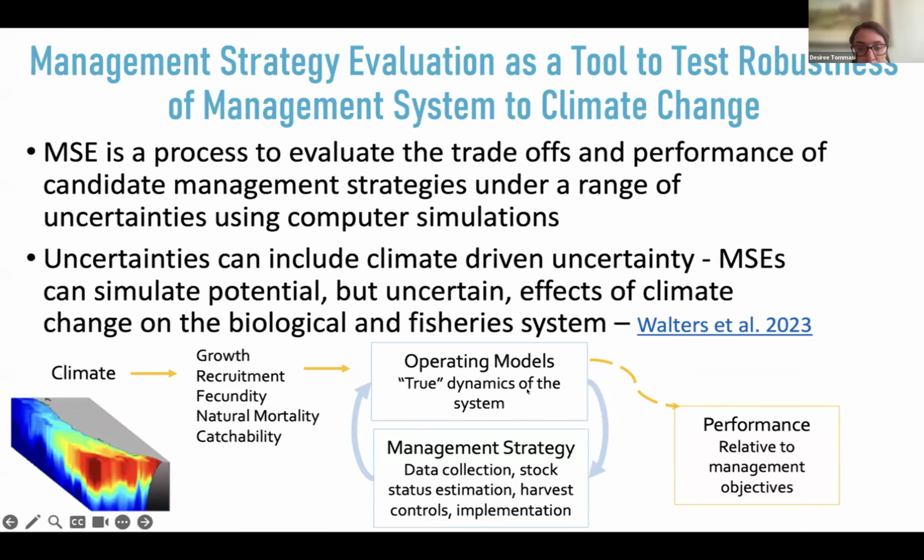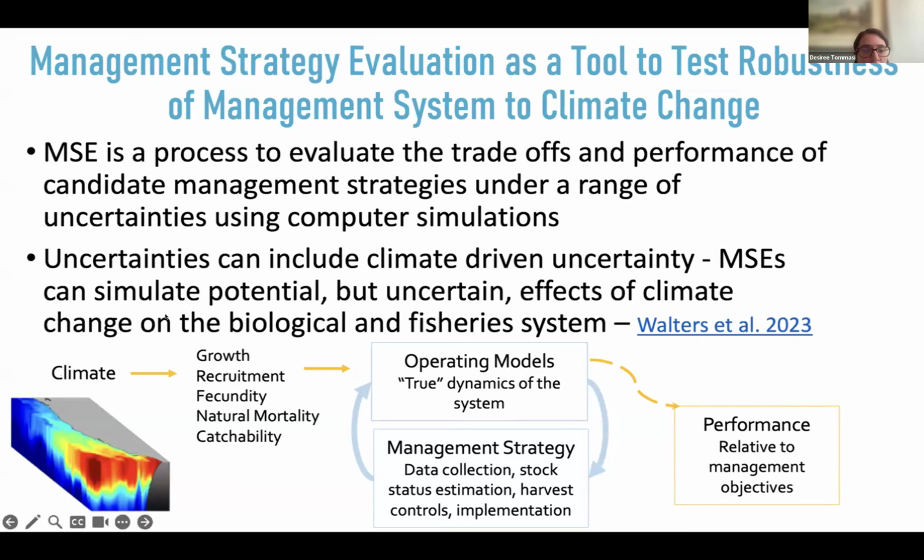And from that, we are collecting data as we would normally do in the real world. And that data is fed into a management strategy. When I talk about a management strategy, you can think of that as a harvest strategy or a management procedure. It includes all components of management, from data collection to entering that data into an estimation of stock status, which could be empirical, so just based on data, or it could be done via a stock assessment model, for example. That information then goes into a harvest control rule, and then harvest controls are implemented back into the operating model, and the fisheries catch is going to be affected, and then in turn,